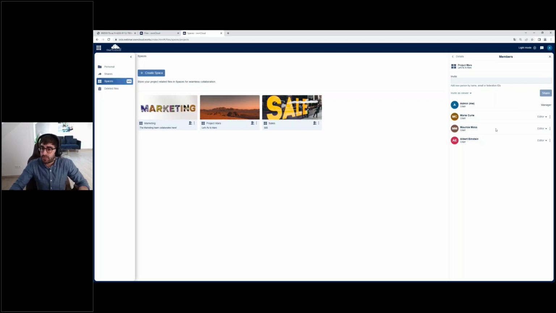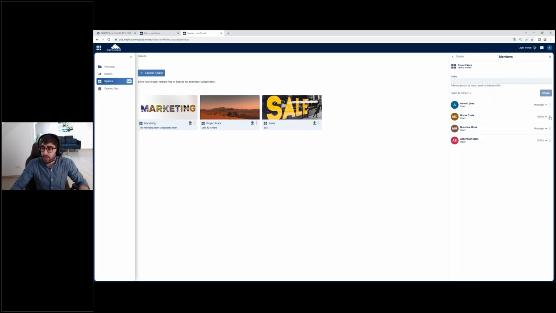So for instance, if I want Maurice to be able to add further people, I can make him a manager as well. So now he also has the capabilities to use the user management in here. And say, if I leave the organization or want to hand over the data to someone else here or leave the project or things like that, either Maurice removes me, or I can basically remove myself